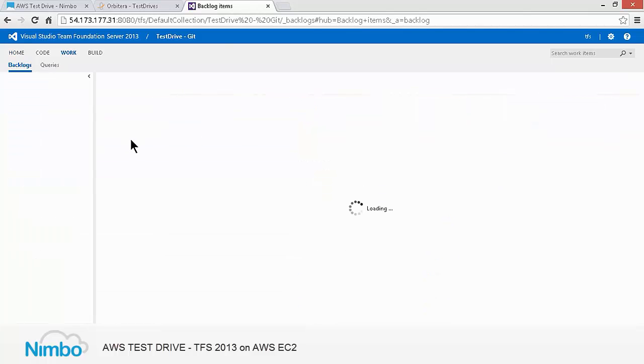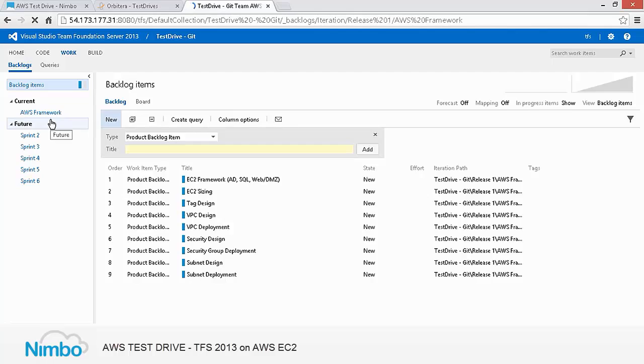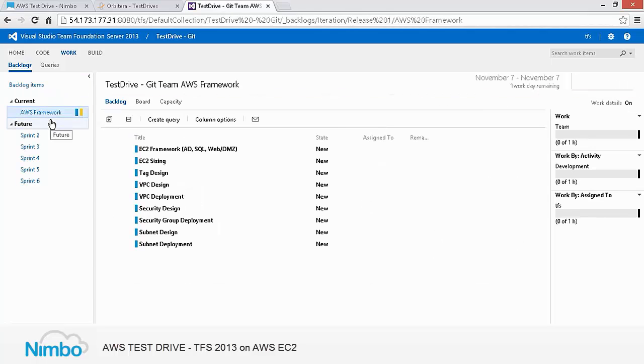I've gone ahead and created a sprint called AWS Framework. And just some basic information like EC2 framework. So we would have to assign this to someone who's going to set up Active Directory, maybe some SQL, maybe a web front end or DMZ, something like that. Then there's also EC2 sizing. So maybe we have a list of servers provided from the client, and we want to right size those for